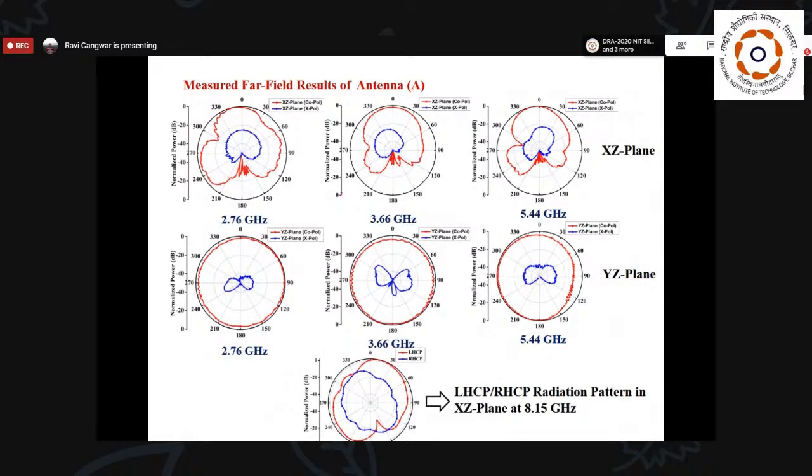Now, these are the different radiation patterns in the different bands generated in the proposed antenna structure. All the lower bands are due to the printed lines, that is, the larger C-shape or smaller C-shape, and the higher order band gives the circular polarization. Here I have measured the LSCP and RSCP radiation patterns.